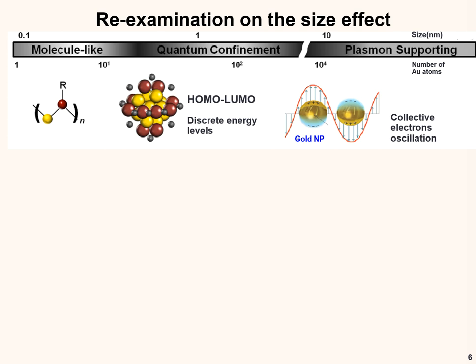But when we are thinking about the size effect in the nanoparticle, we have to think a little bit more deeply. For example, if we make the nanoparticle smaller and smaller until we only have one gold atom, I'm pretty sure there is no plasmonic behavior because the electron is not free to move. The energy gap is not continuous anymore. Even if we have a few gold atoms put together, they still do not support surface plasmon because it acts like a molecular system. The dominating effect is called quantum confinement.